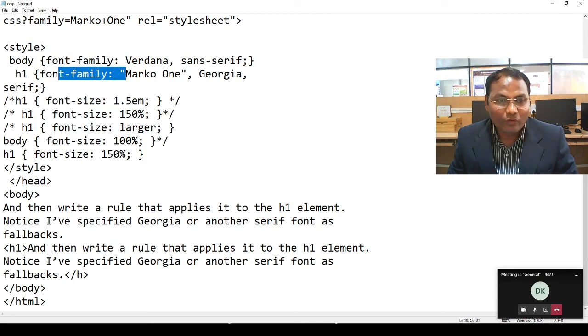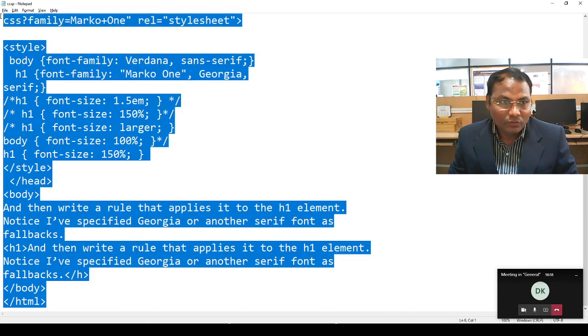How to add font family and how to add font size in the web page with the help of CSS, we have already studied this. In the next lecture again we will see some important properties as well as their practical.